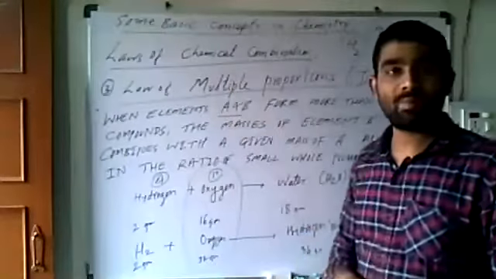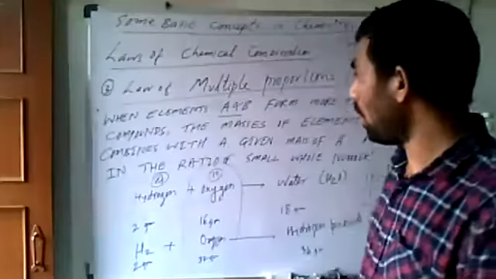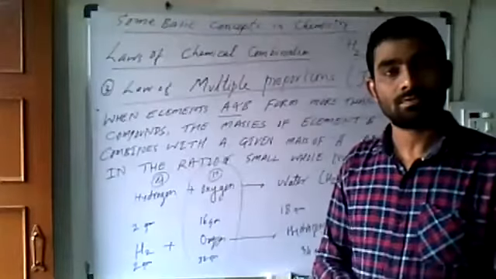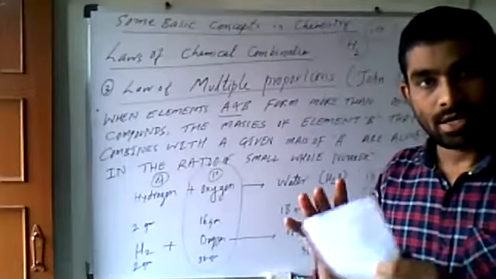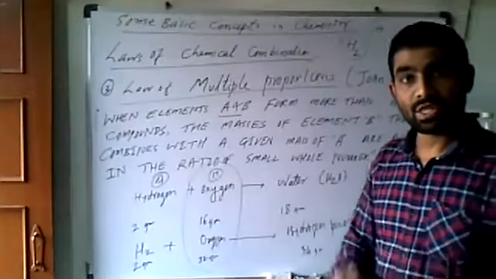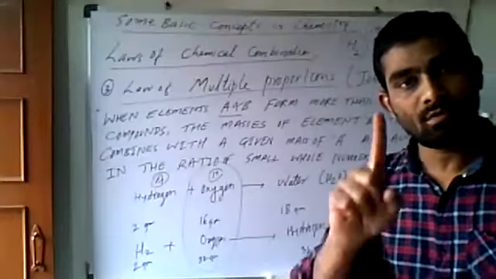The law of chemical combinations, the third law we are discussing, is the law of multiple proportions. It is given by John Dalton, and its statement is that when two elements A and B react and they form more than one compound,